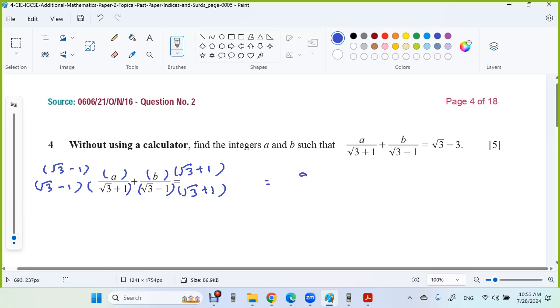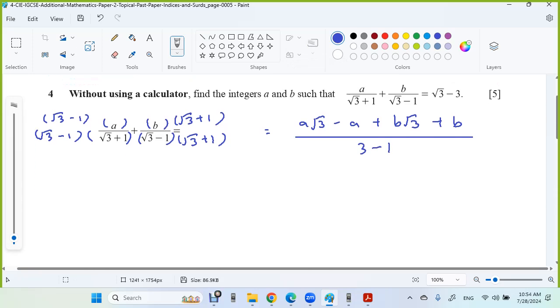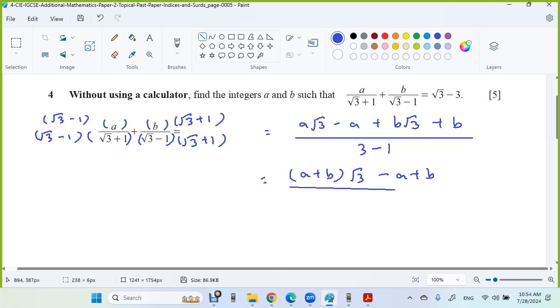Then we have the a square root 3 minus a plus b square root 3 plus b over 3 minus 1. So this will be the a plus b square root 3 minus a plus b over 2,